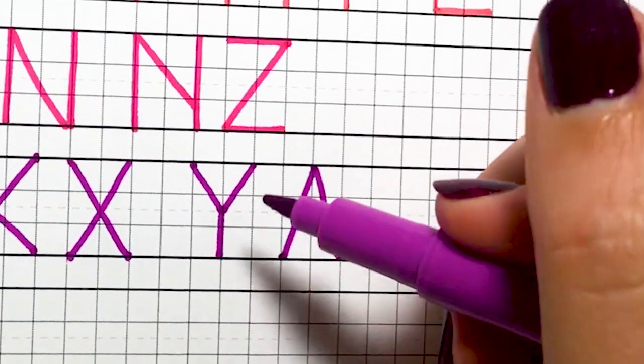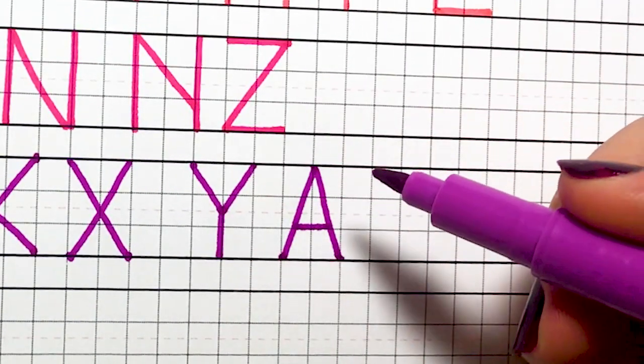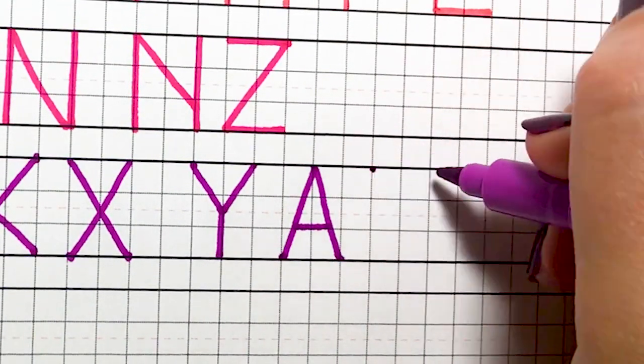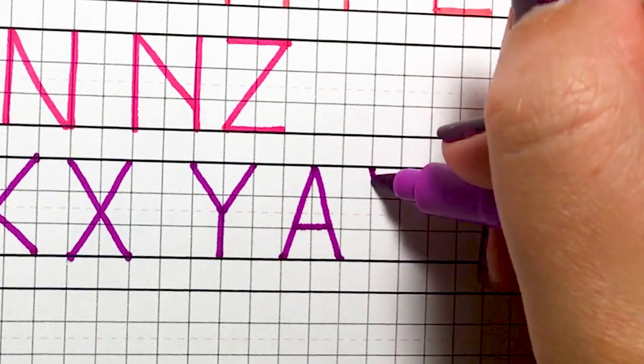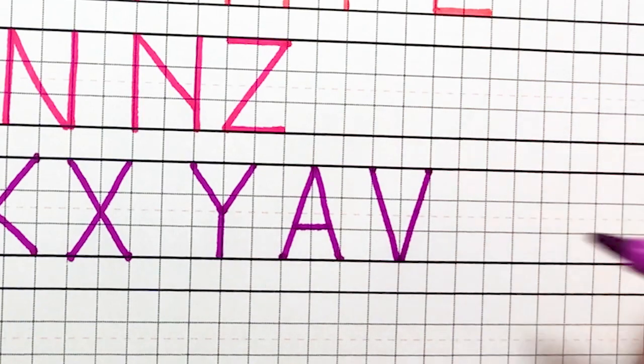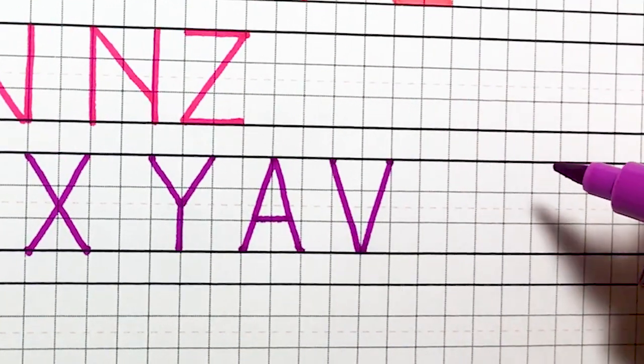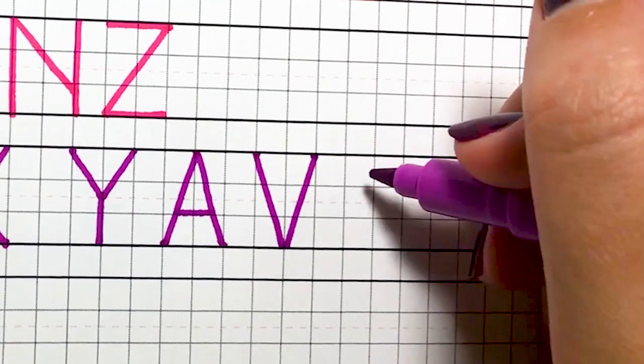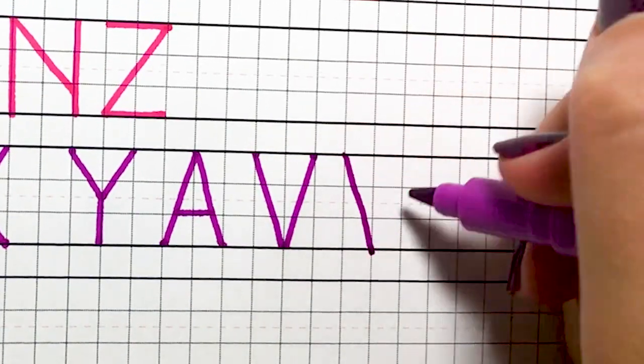V is the same shape as this A, but upside down. So it's 2 spaces wide, comes together in the middle at a point, like this. Now the W is based on the V, so there are 2 ways you can do it. The first way is just drawing 2 V's next to each other,